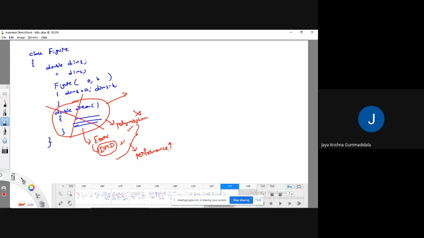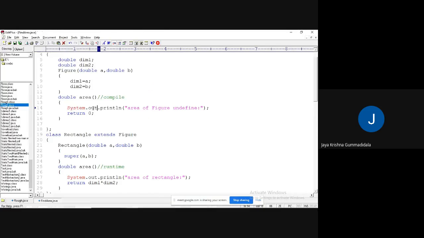So even though it is improving the performance, what about writing code without using anything? There is no use of this one, so because of that, memory will be increased. Also, as I said, during the compile time it is going to check for what? Whether syntax errors are there or not.